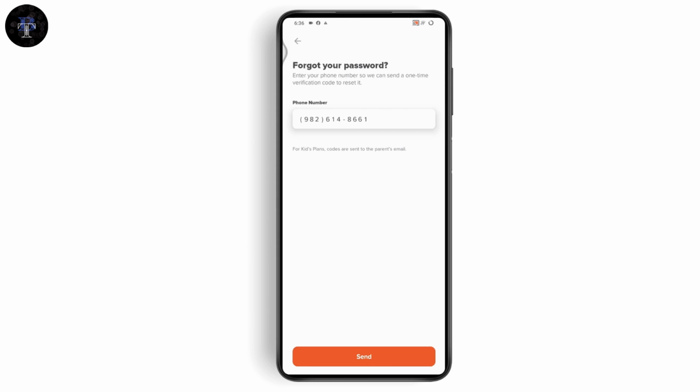After entering the verification code, it will take you to reset password section. You'll be able to enter your new password. You need to create your new password and then confirm your new password and go with save, and it will be saved. That's how you can